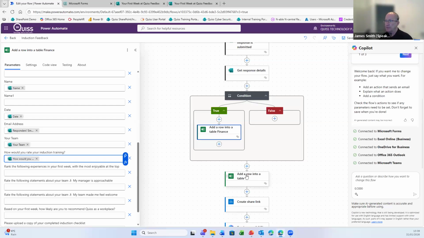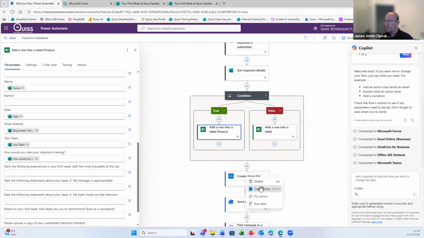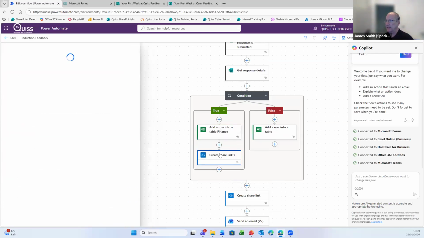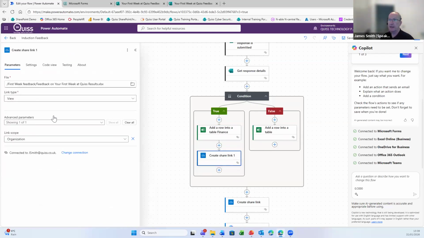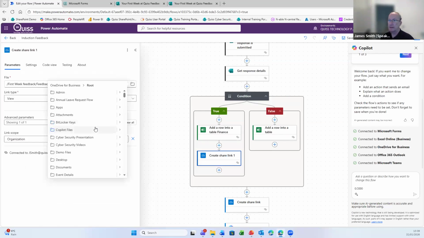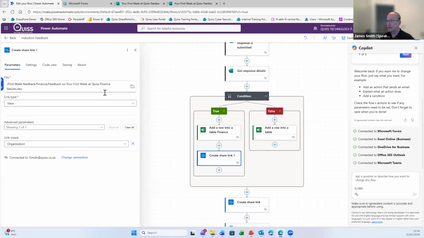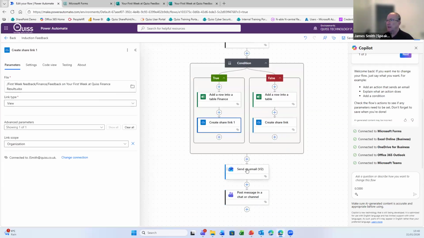I can then move my standard one into false. I can copy, create a share link. I can paste the action into here. I won't rename this. All I need to do is change what I'm creating a link to. So again, it's first week feedback, it's my finance folder this time, and it's that file. I can move my share link. Again,